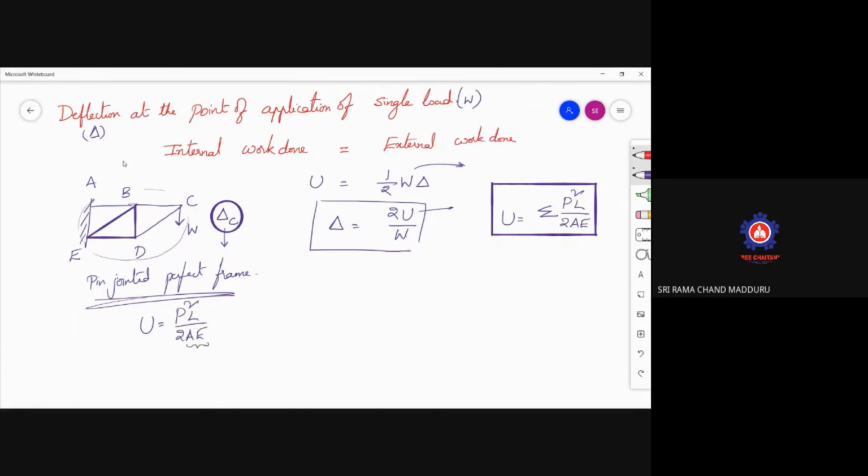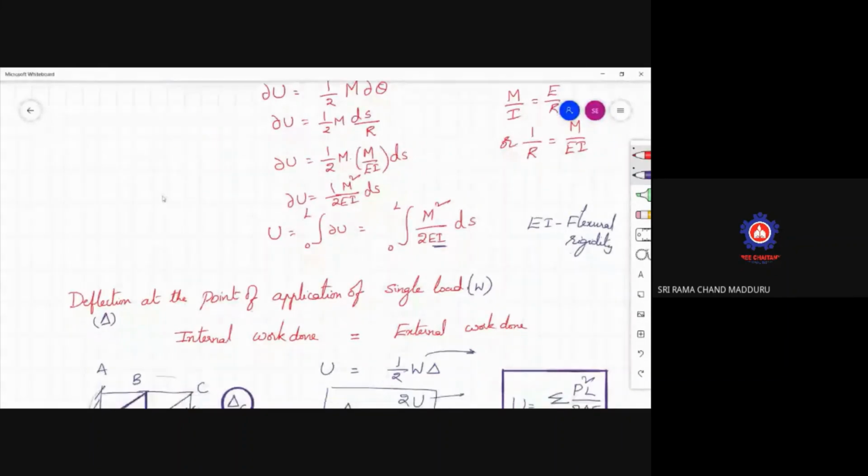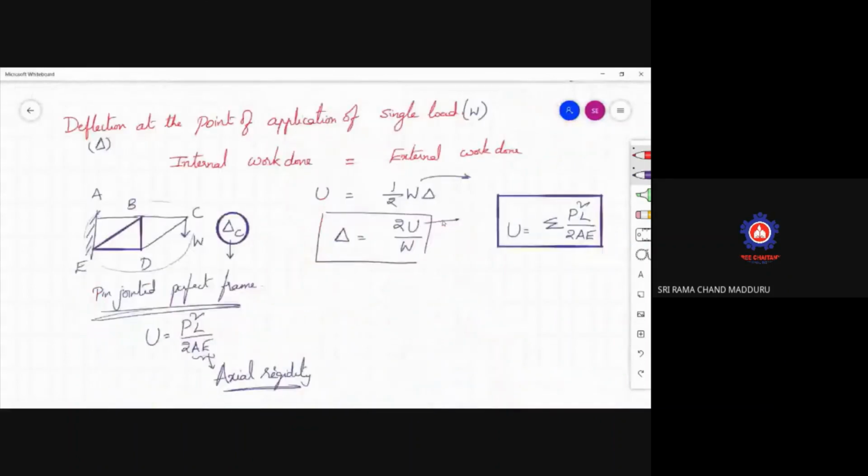You know AE, what we call this AE? AE is called as axial rigidity. Here, if I call this EI, EI is called as flexural rigidity. Now, get back to this. So the strain energy for the entire frame will be calculated using summation of P square L by 2AE. From this, we will get 2U by W, which is nothing but the deflection at the point of application of